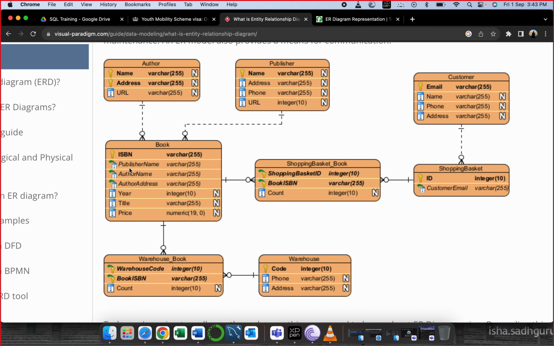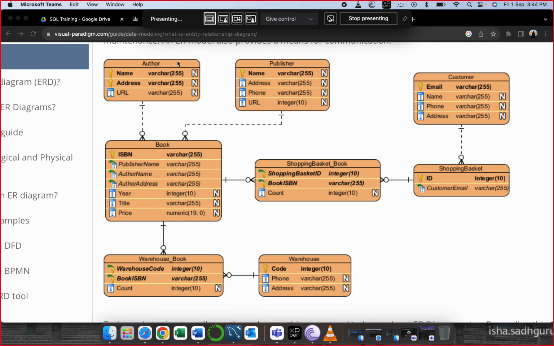How would you get to know? You need to understand that from customer I have to reach to the books table. How would I reach that table? This diagram helps you understand how to reach that table. And for every database, there is an entity relationship diagram. So, like in MySQL,